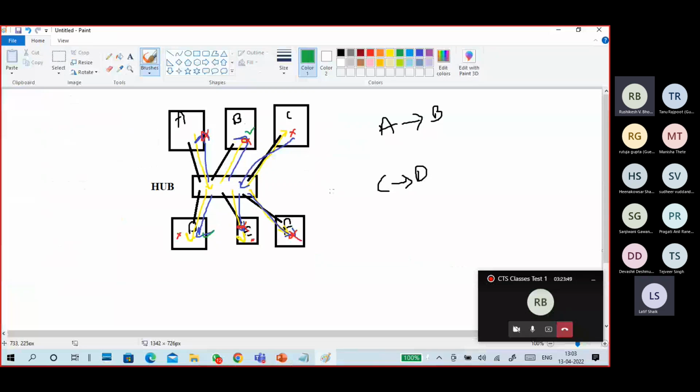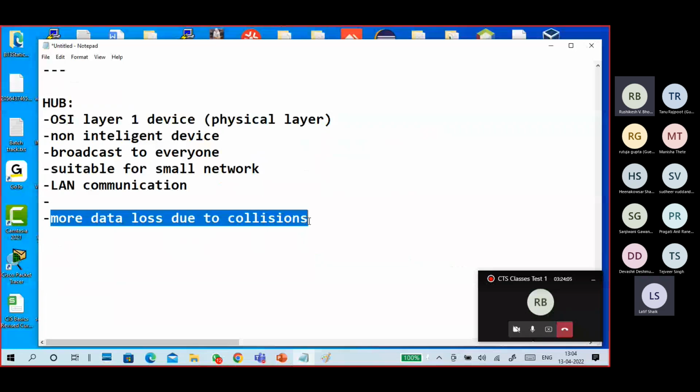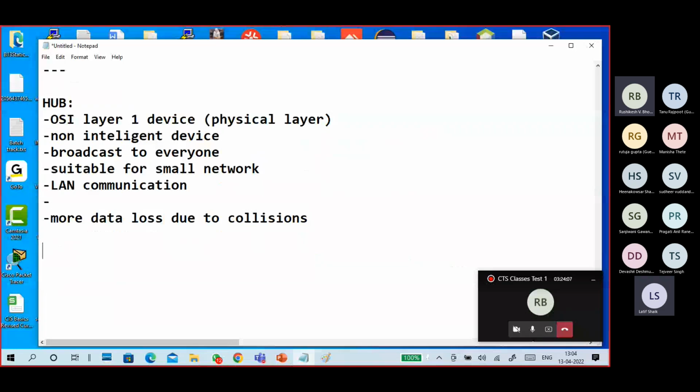Unnecessary packets are being sent to C, D or E even though it is not required. Obviously, because of more broadcast, more collisions will occur, so data loss occurs. That is a point here. But still, if it is a small network, it is okay to use a repeater hub.